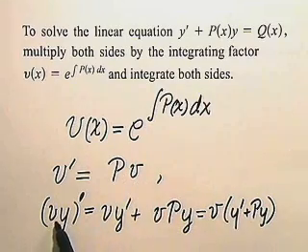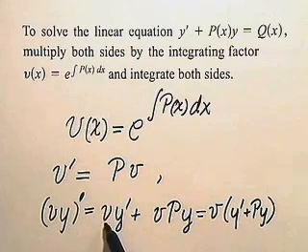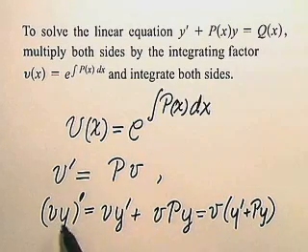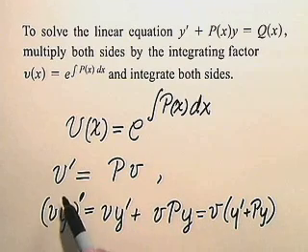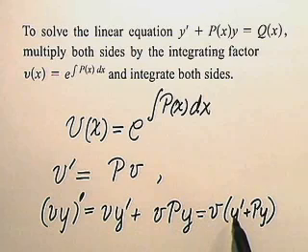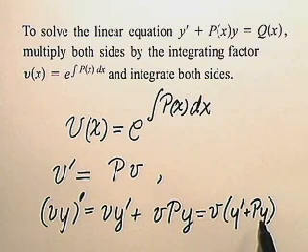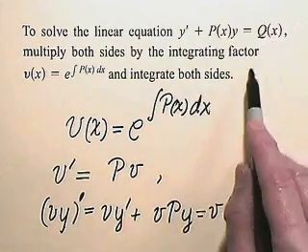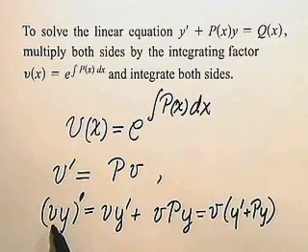Notice what happens when I differentiate v times y. It will be v y' plus the derivative of v times y, but the derivative of v is pv, or vp. So notice we get v y' plus v p y. Factoring out the v, we get v times (y' plus p y). So what this means is that when I've multiplied both sides of the equation by v(x), the left side has just become